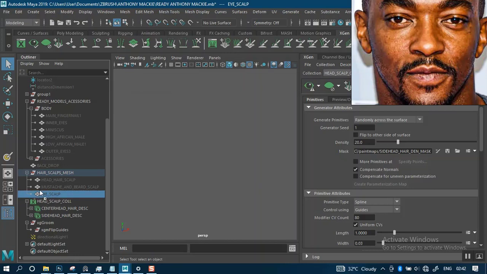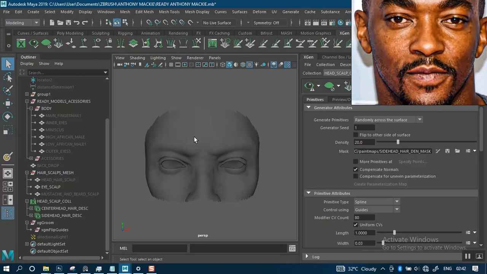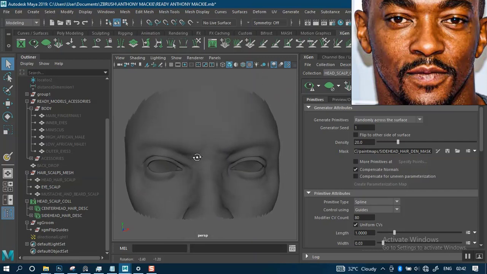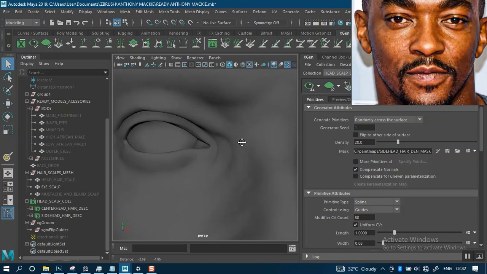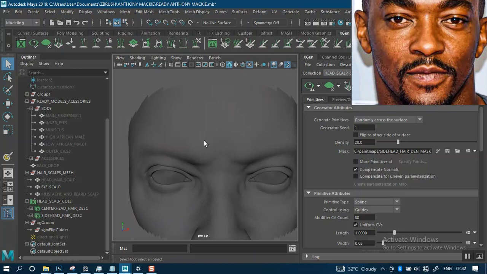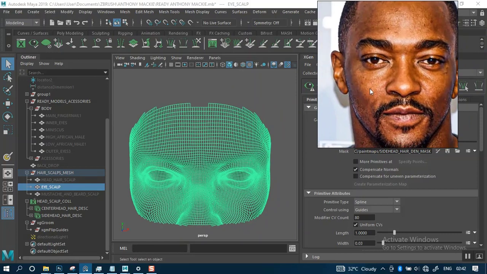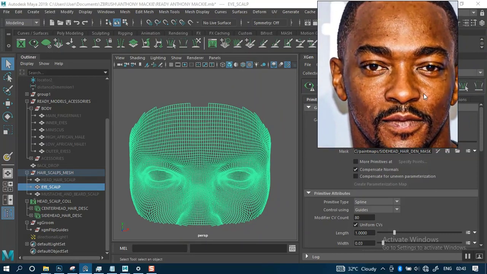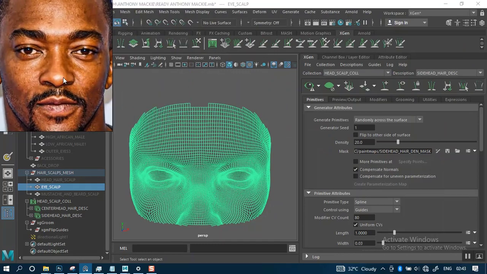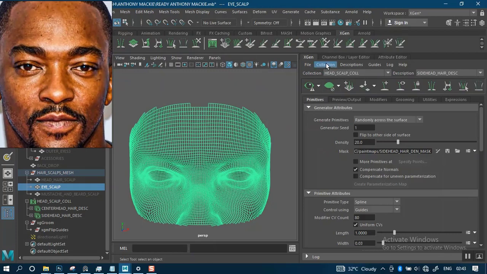Then I will go to the eye sculpt. Let me just drag this all the way here. Shift H to review that. Alright, so we're going to be modifying this. We're going to be using this as our eye sculpt for generating eyebrows and also eyelashes. So let me just put this here for now. So with this eye sculpt selected,